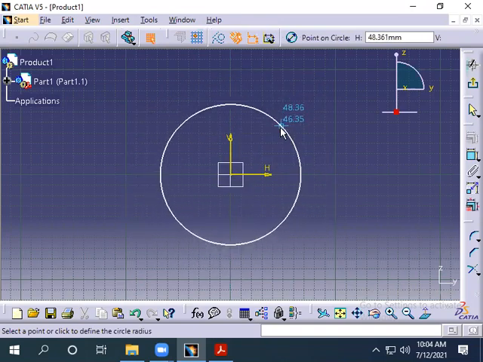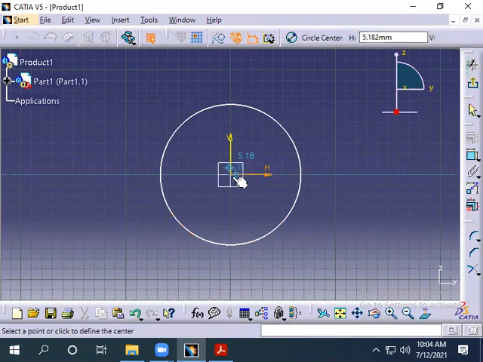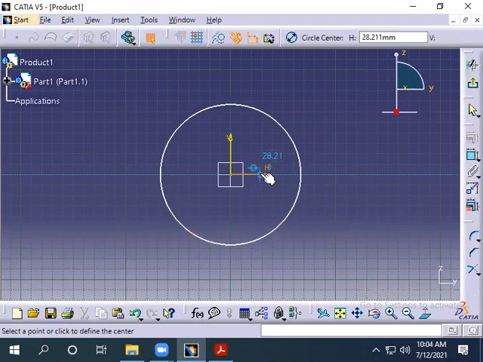Let us keep it randomly here, and then we will give the dimensions. Escape to come out of that. Now let us draw another circle and give dimensions at once. You see that the centers of the two circles are on the same line, right? So I'm using this horizontal axis as my reference and going there.